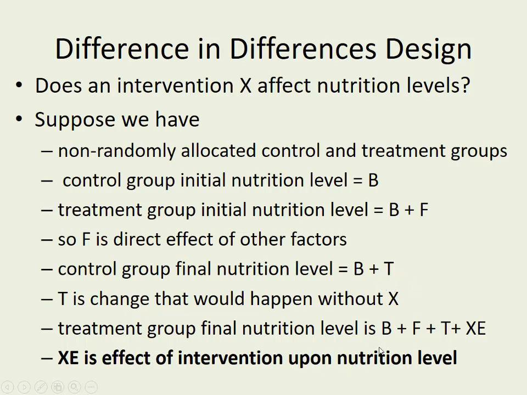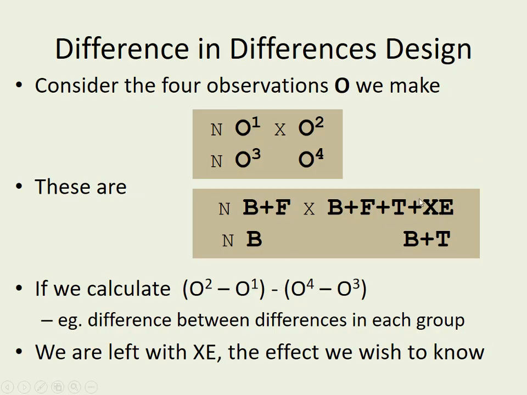Then whatever you measure for the treatment group's final level, that's going to be all these things added together. So it's the baseline, plus the difference it makes because they're in that treatment group, plus the difference that happens over time anyway, plus XE. And XE is that magical thing you're looking for, which is the effect of just that intervention upon the nutrition level. And it turns out, with simple basic arithmetic, that if you map it out like this,